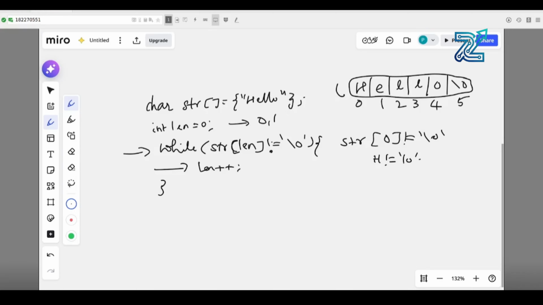So now again it will come to this line and it will check str of 1 is not equal to null or not. What do we have in 1? We have e in 1, right? So it will check e is not equal to null character, then length plus plus. Then our length will be 2. Now it will check for this 2 and it will tell L is not equal to null, then length plus plus. Now our length will be 3. Then again it will check for 3, str of 3 is not equal to null. What do we have? L we have. Again it is not equal, then length plus plus and now the length will be 4,